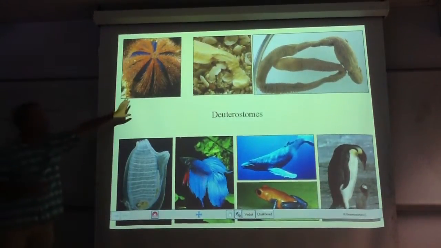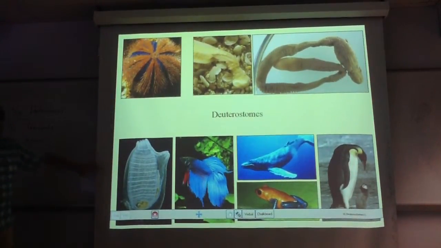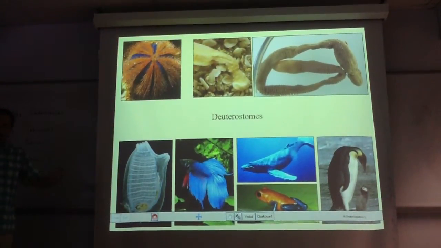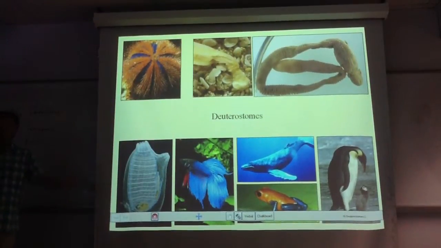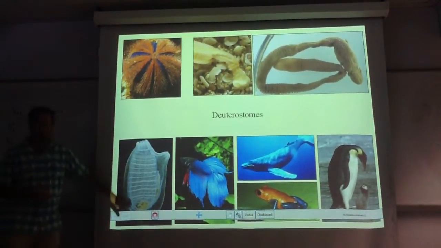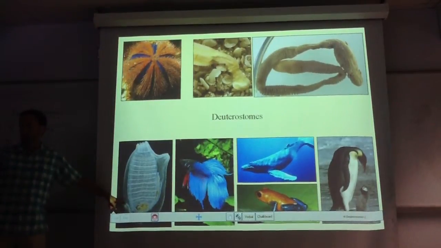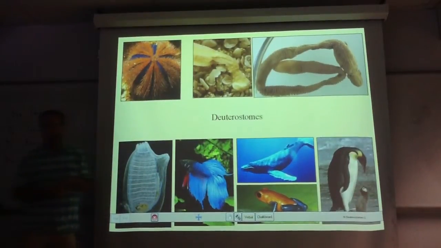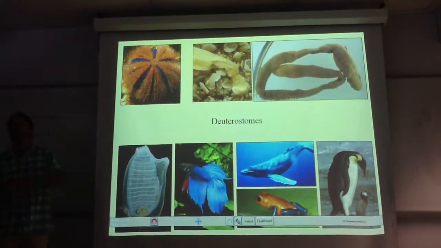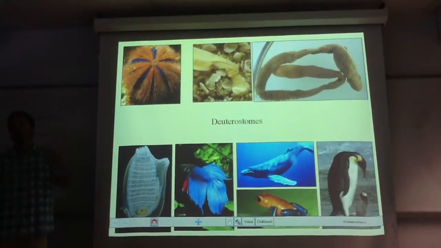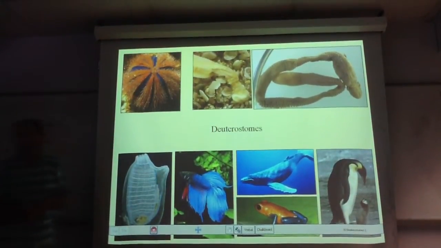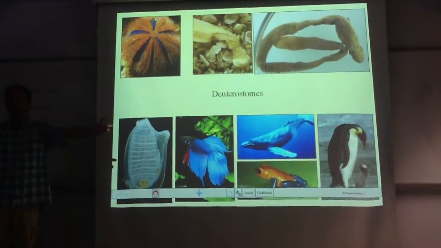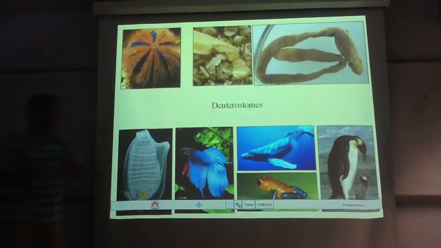What we're going to focus on, aside from the echinoderm deuterostomes, are the chordates. This phylum is huge, and this is the one that most of you will probably find interesting because it's the one that you belong to, right? This includes a few invertebrate chordates like tunicates or ascidians, sea squirts, and all of the vertebrate animals, which means all of the fish, all the amphibians, all the reptiles, all the birds, all the mammals, everything from a minnow to a hummingbird to a blue whale to you is in this group. So this is a massive, huge group.